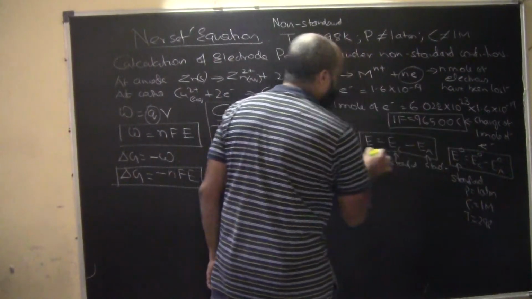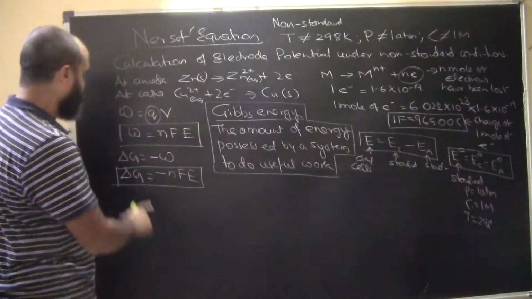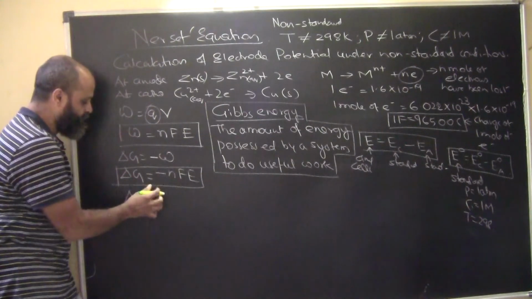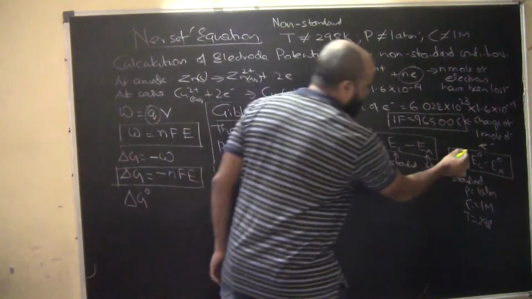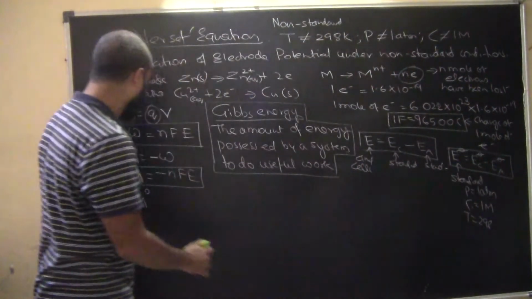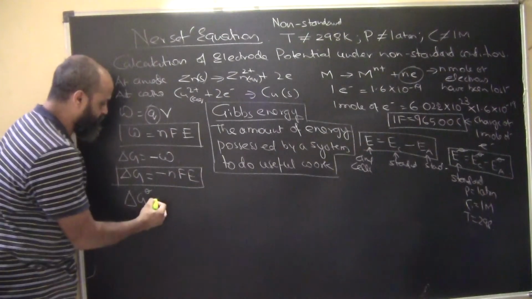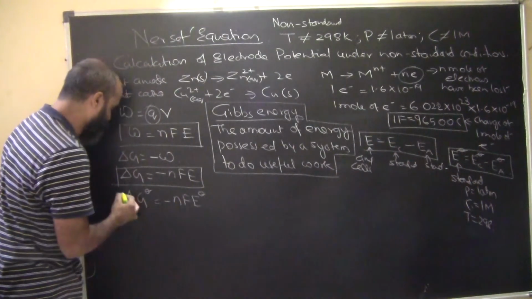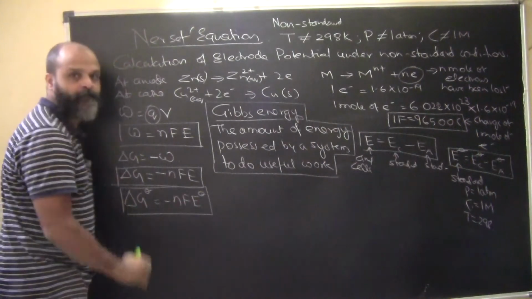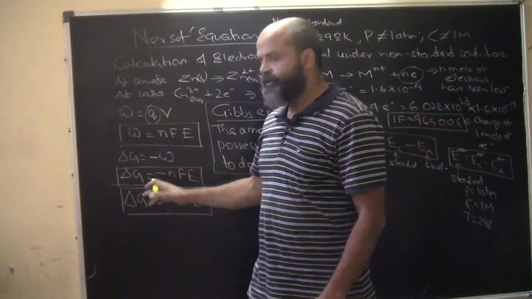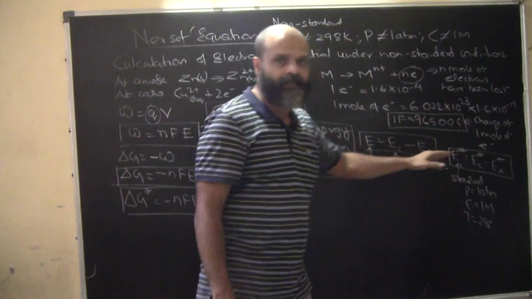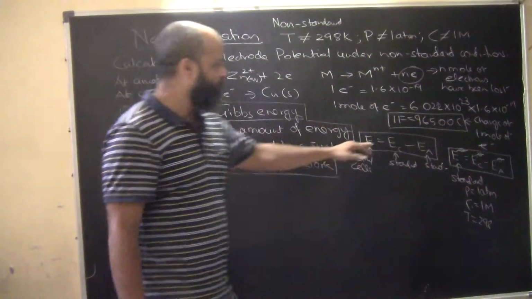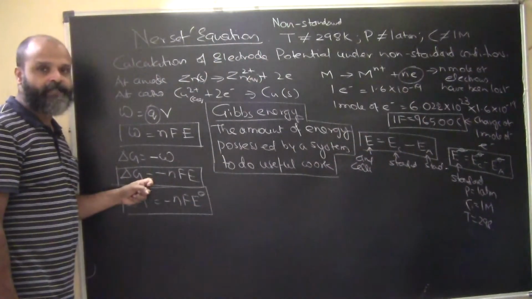So in Gibbs free energy also, this is for any cell. For standard conditions, what will this be? Just as we have here, we will have the same equation for Gibbs free energy as well. This will be minus nF times the standard electrode potential. I hope this is clear. Corresponding to the standard electrode potential, we have the standard change in Gibbs free energy for any cell.